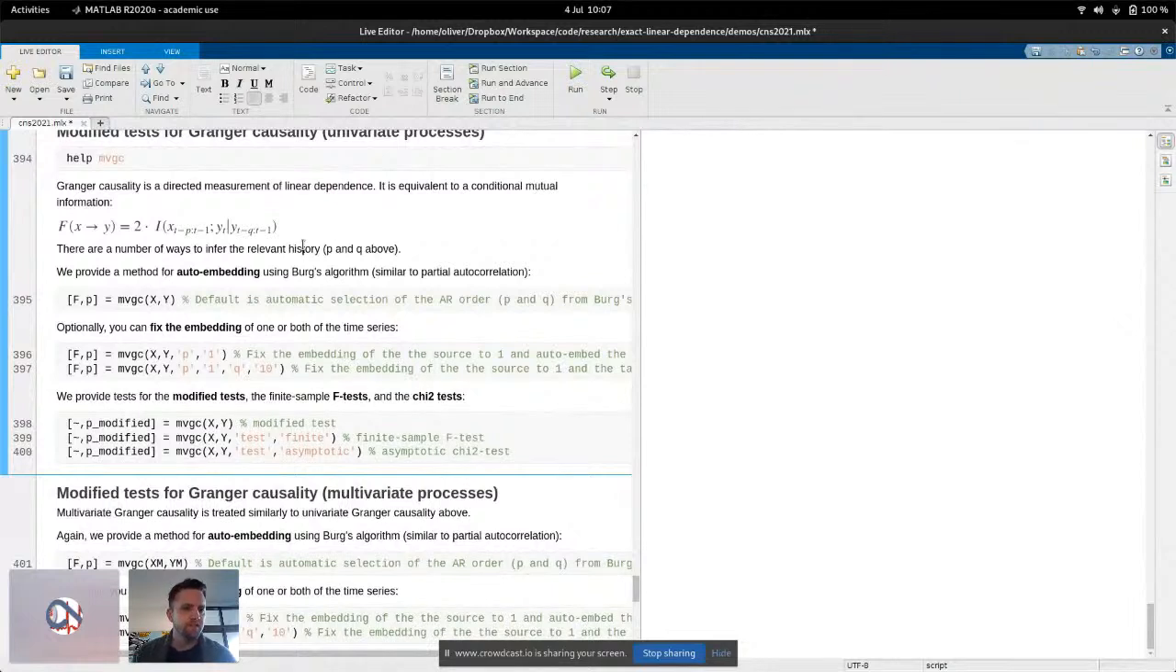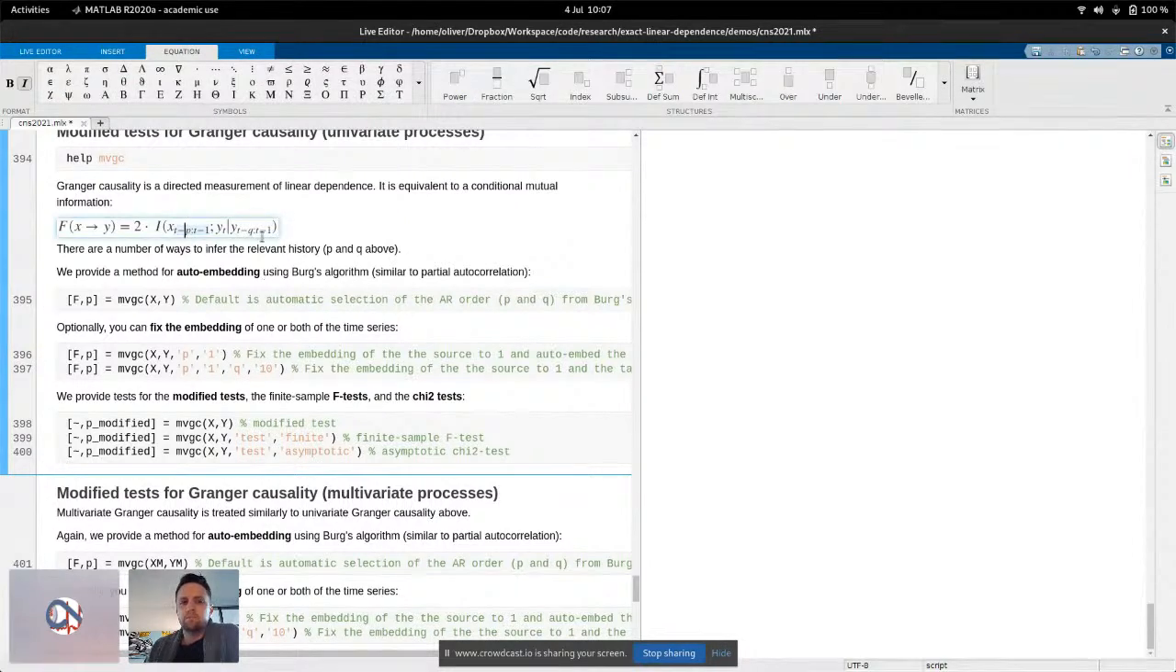Finally, the most advanced method that we have in our toolkit is the Granger causality analysis for univariate processes. So Granger causality is equivalent to conditional mutual information, where you're looking at the past values of X to predict the future values of Y, and you're trying to work out whether or not there is a statistically significant dependence between these. So in order to get the number of past values, P or Q, so P is the past values of the source, and Q is the past values of the target,